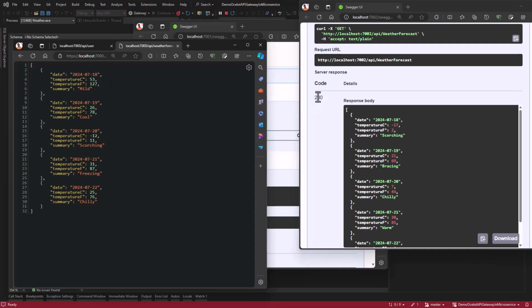But the problem is we don't want to have direct access to this, because in the gateway we may implement authentication, authorization, rate limiting, and other features, which will handle all requests that come in. But with this, we are not implementing any of them on each of the services in here. So how do we make this service private? How do you make this service reject all direct calls, which are coming from the port of 7002 or 7001, and listen to only 7000? How do we do it?